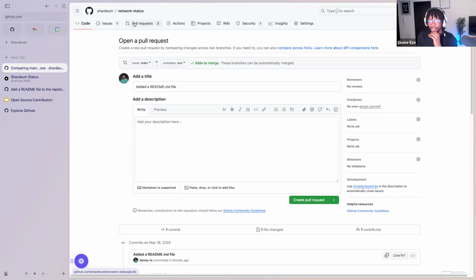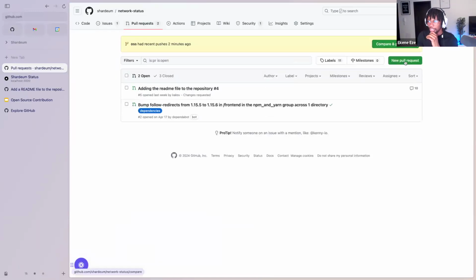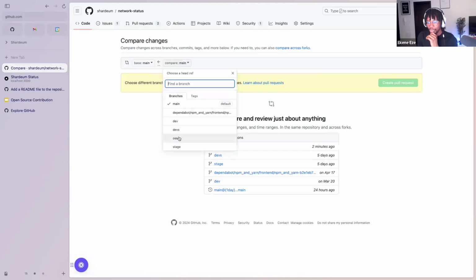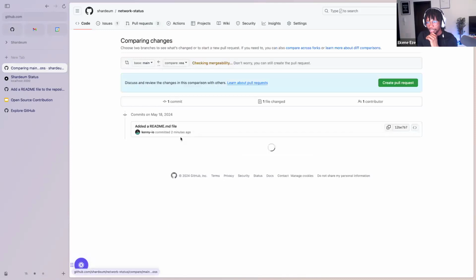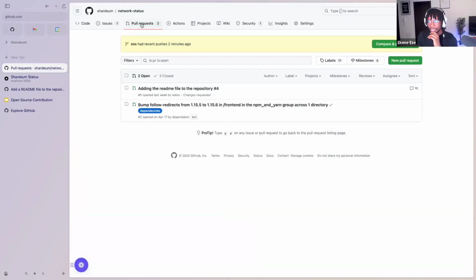You would select the parent branch, go to, actually, let me do that. Let me go to pull requests, click on new pull request, and say that I want to send from the OSS branch, which is the branch that I just created, back to the main branch, right? The only reason I saw that button to compare and send a PR is because I have the right access to do that. Ordinarily, you would push to your own fork, and when you've pushed it, you come to the pull request tab.